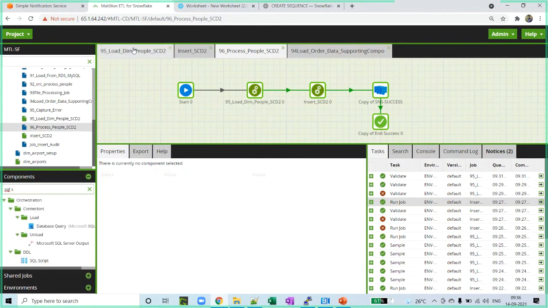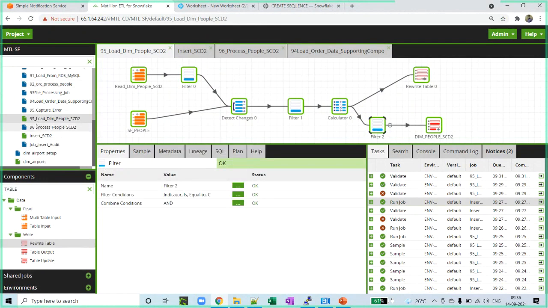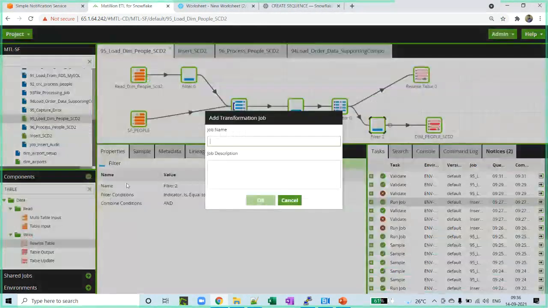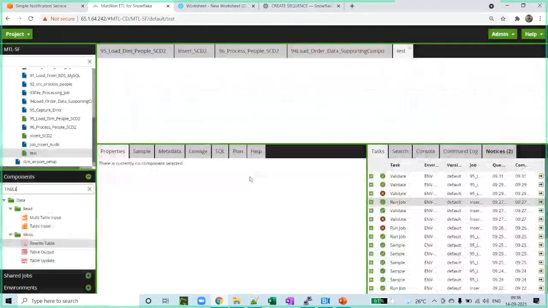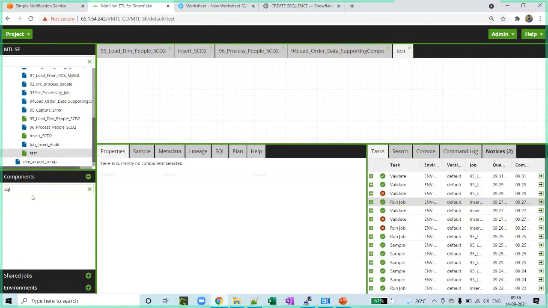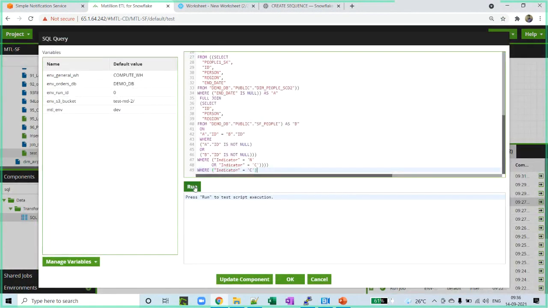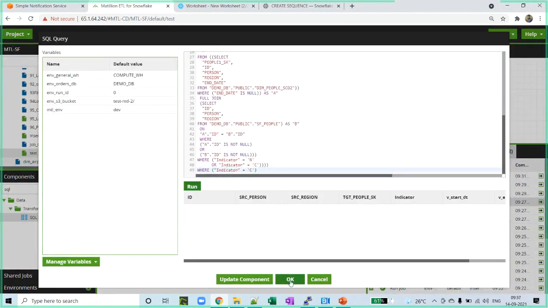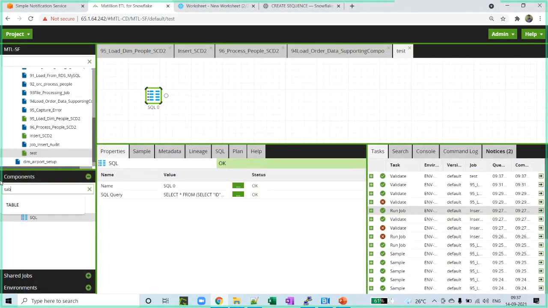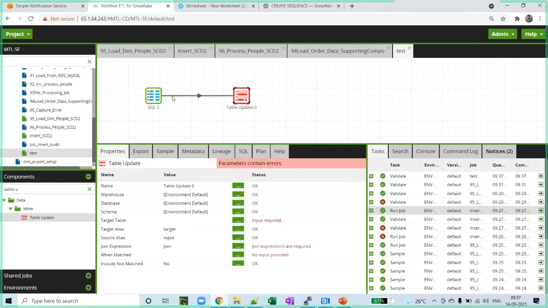Or within the transformation itself, you can create a transformation job, write your SQL script component here, put that here, and then use your table update or table output, whatever you feel like. But as I said earlier as well, you can write your entire ETL process with the